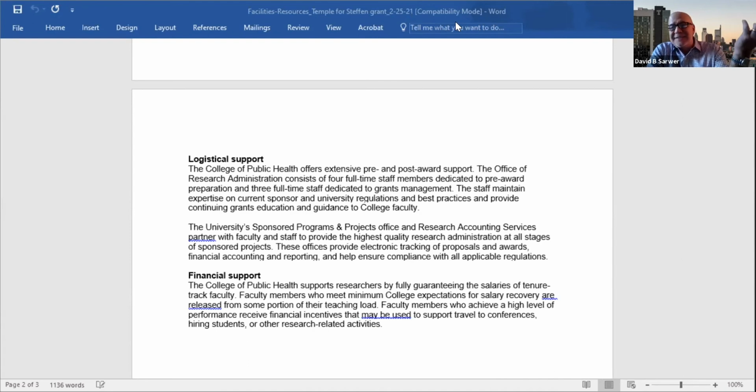So people tell us they're going to submit something, and then something comes up, they get busy, they're going to push it back to another cycle. We have no problem with that. We really don't. We would rather have this long list, knowing in advance that David Sarwer's thinking about an R01 for October 1st. And if he changes his mind and it comes off the list, okay, it just comes off the list. We don't give it a second thought. So when you think you have something brewing, please give us as much of a heads up as possible